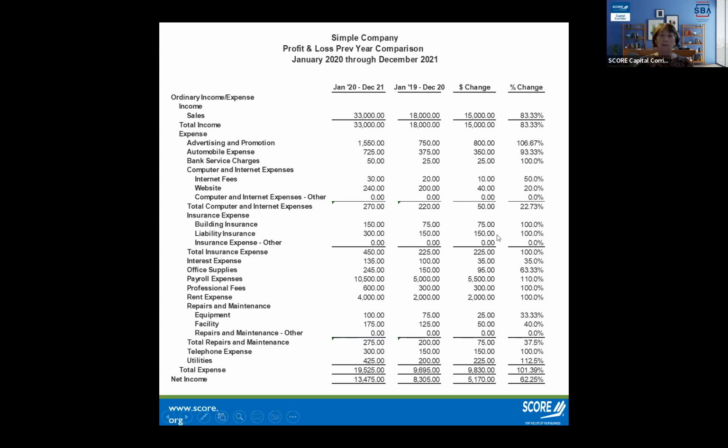And it could be that my building insurance just went up, or my liability insurance doubled. And if I see these and I just wonder, is that really right? Again, I can go to the source documents and look at it and really explain to myself and then decide. So for example, liability insurance, if it doubled, maybe I should be shopping around for a different insurance company that might be cheaper. So those are the kind of decisions that are really important for making sure that you're maximizing your net income